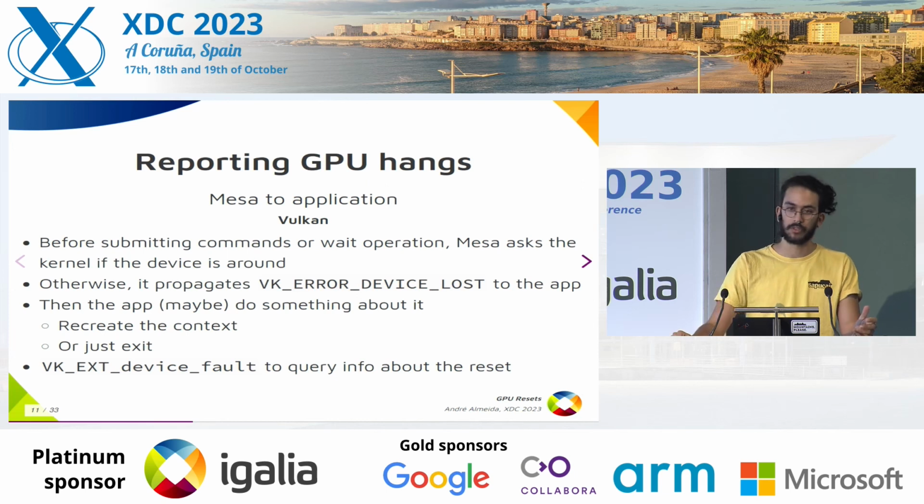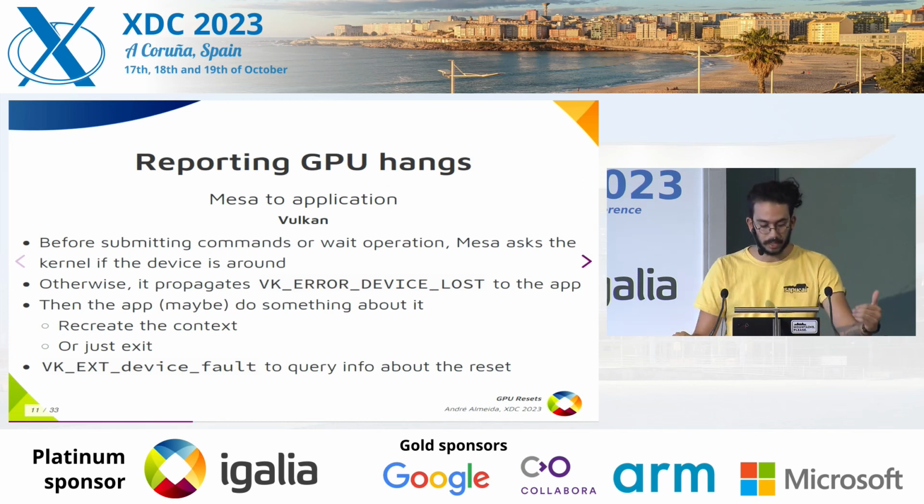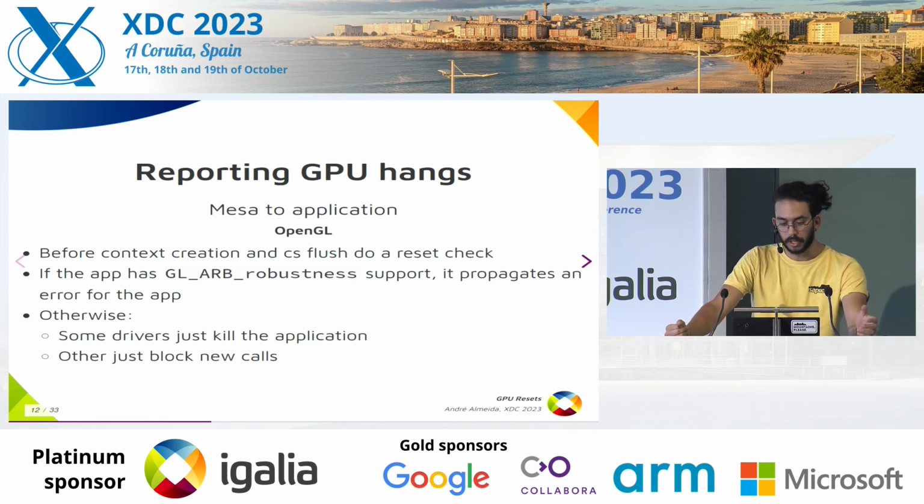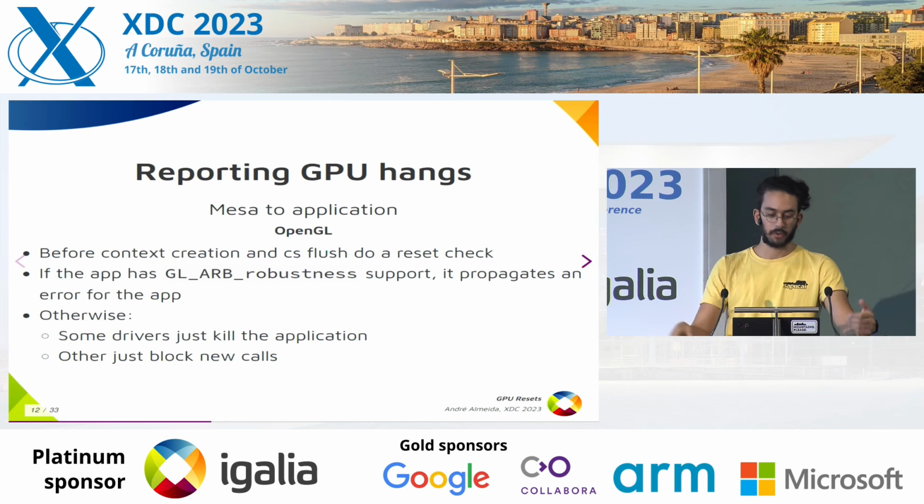So we have this extension to explain what was the fault. This is how Vulkan works. And on OpenGL, for the initial versions, there was no API for robustness or to check if things went wrong on the hardware side. So OpenGL drivers, before they create a new context or flush commands, ask the kernel if a reset has happened. And if the app has ARB robustness support, it will propagate some kind of error to the